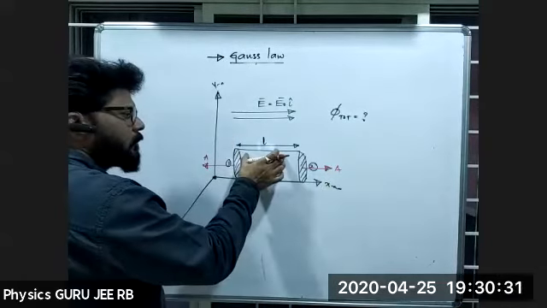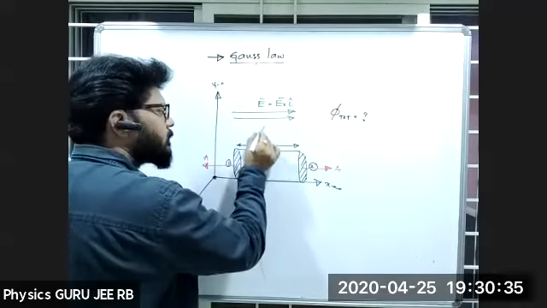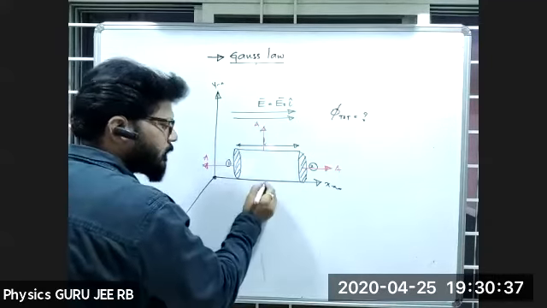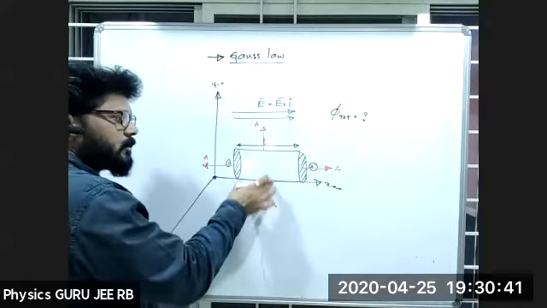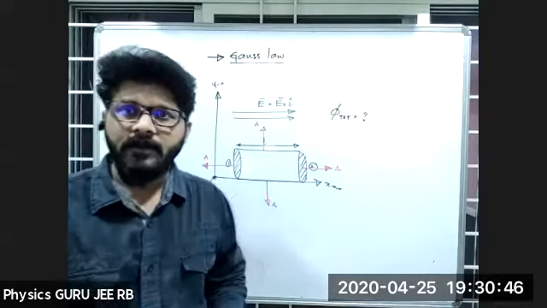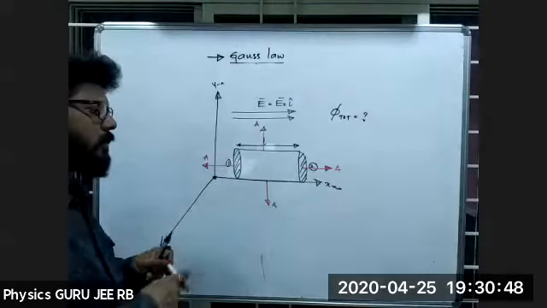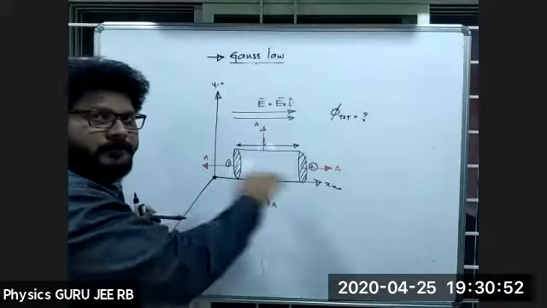If I take along this length, the curved surface, one more area I can draw here. This is one more area. Here if I draw the curved surface, this is also one more area. For these two curved surfaces, curved surface means any number of areas you can draw. I'm showing only two surfaces, right? This is A and this is also A.